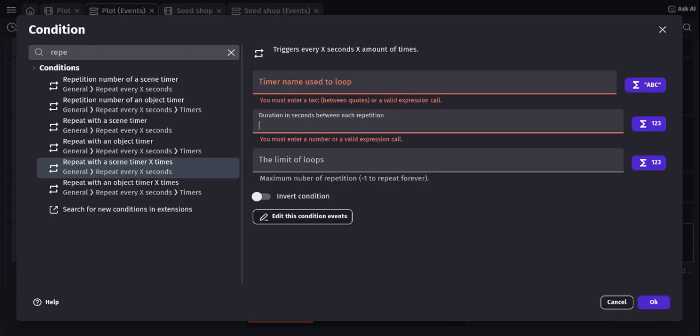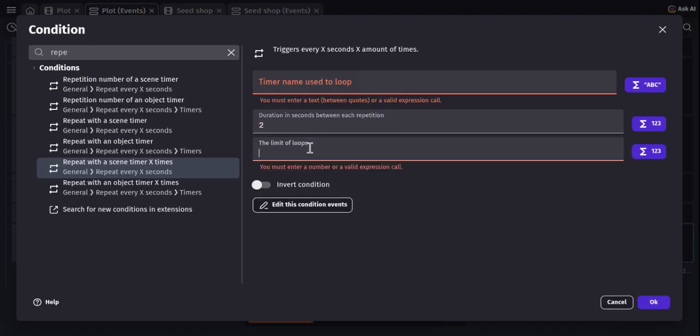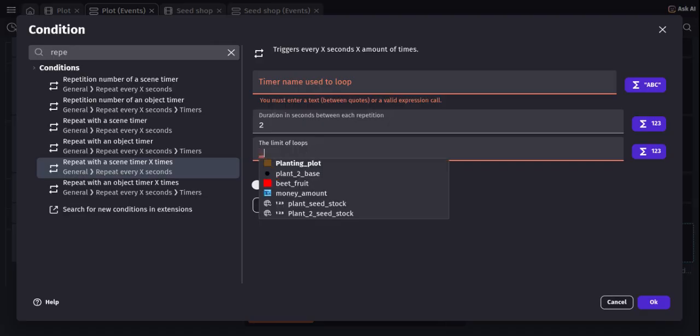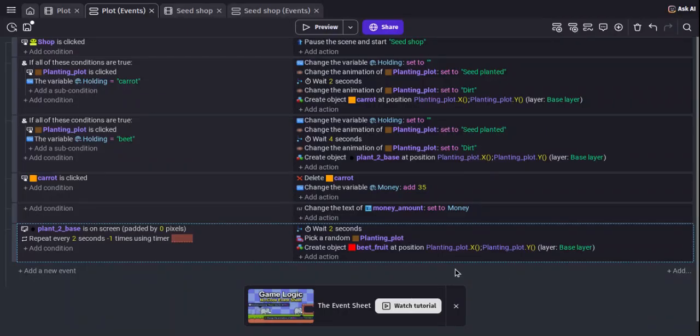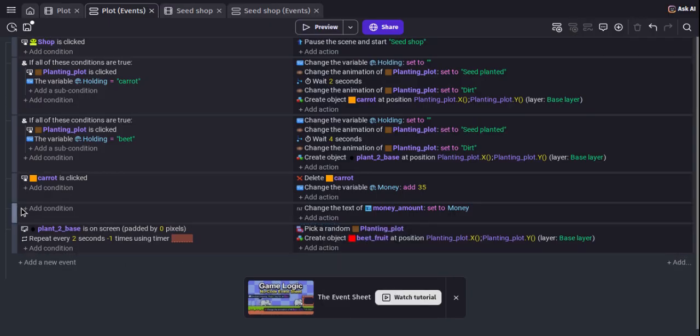Every 2 seconds. I'm going to do 1. -1. And you can remove the wait. And then we can go back to